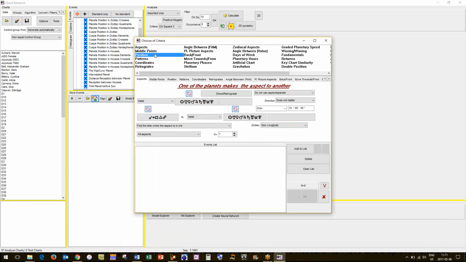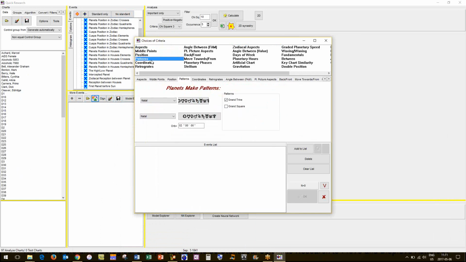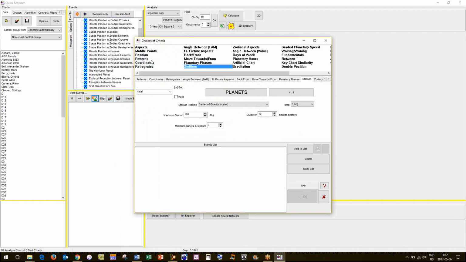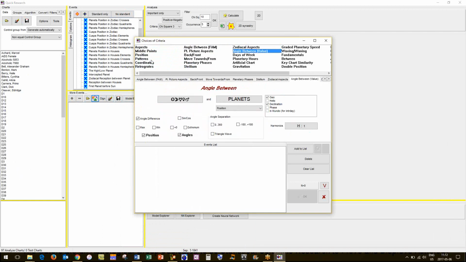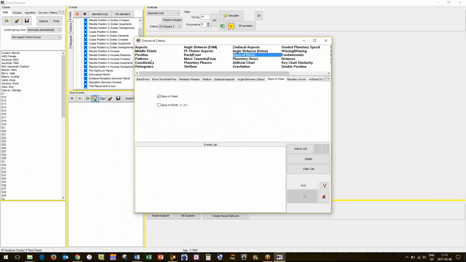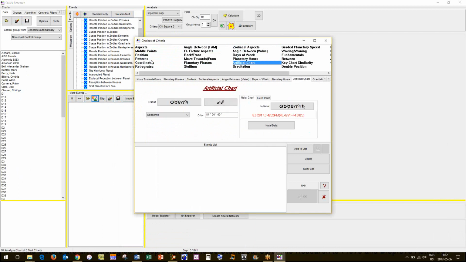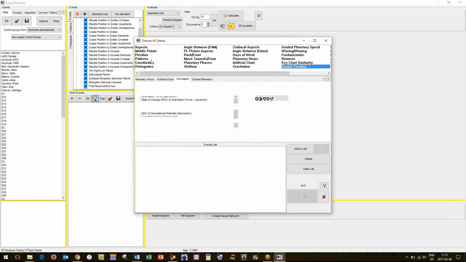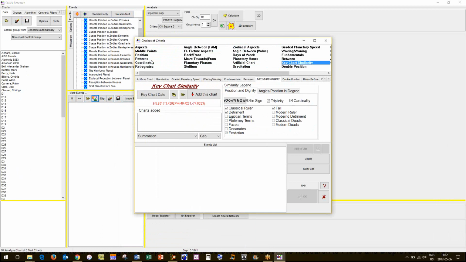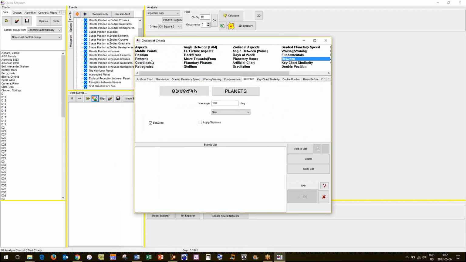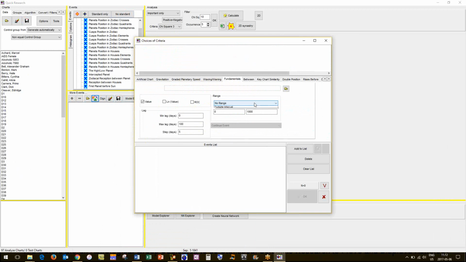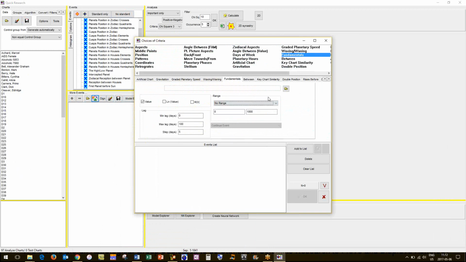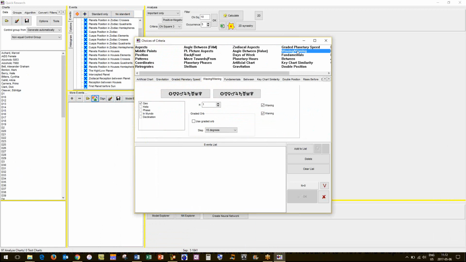Now you can look at all these different factors: stelliums, fronts, backs, zodiacal aspects, angles between, days of the week, if that factors in, planetary hours, gravitation, double position, chart similarity, that's not in here, fundamentals. We can look at and set the various settings there.